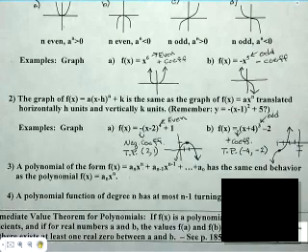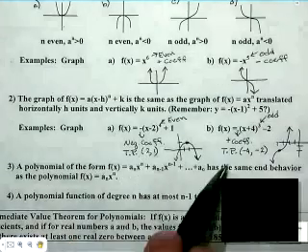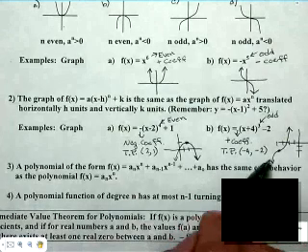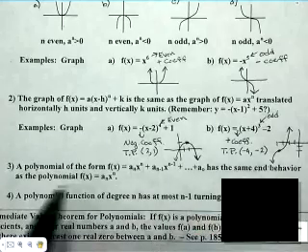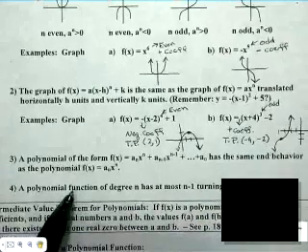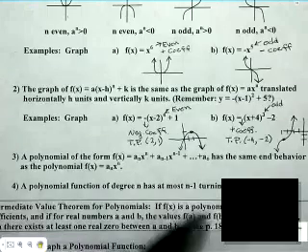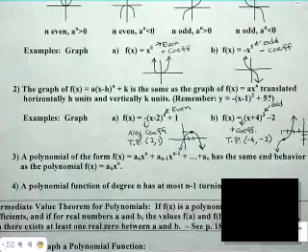Now what the other terms affect is how many squiggles in the middle. Just because a graph goes down on the left and up on the right doesn't mean it doesn't squiggle around some before it has that end behavior. So my note number 4 has to do with how many squiggles can be in the middle. A polynomial function of degree n has at most n minus 1 turning points. In other words, a 5th degree polynomial cannot squiggle around more than 4 times in the middle. And then you can tell by the 5th degree and the leading coefficient what the end behavior of that graph looks like. The intermediate value theorem